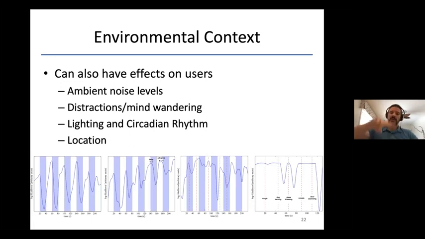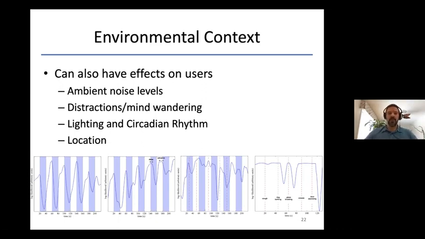Depending also on the circadian rhythm. So your body goes through this kind of circadian rhythm during the day where you're at your peak, and then there's lunchtime, and then you kind of get into a steady state, and then your body gets ready to go back to bed and so on. So depending on where you are during the day, stimuli can have different impacts on your emotional state. Location as well, if you're in a nice place versus a place that you don't really like and so on.